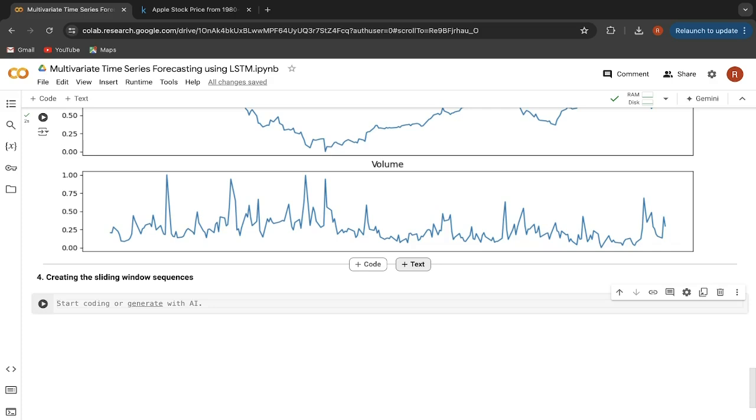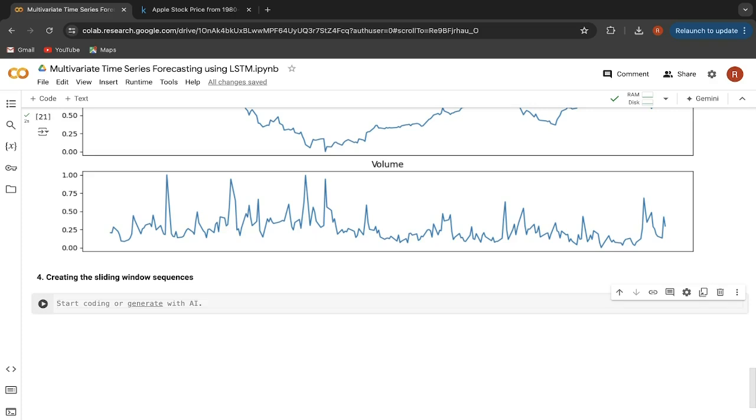This approach actually helps the model to learn from multiple slightly shifted sequences of the past data to predict the future data. Now actually here we have to specify a window size, which is also called as look back period, and the significance of that is, depending upon the window size or depending upon the look back period, we can analyze the number of previous time steps that will be used to forecast the next one.